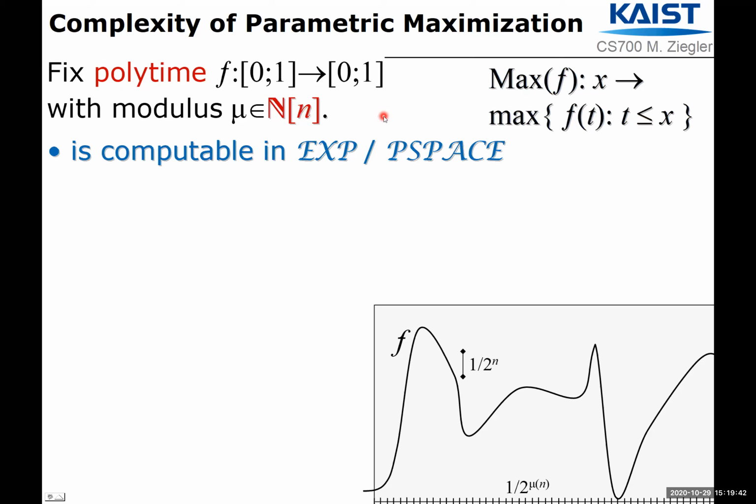So this is happening here. And then we know that on each of these smaller subintervals of the domain, the function value varies by no more than 2 to the minus n. That's the whole point of having a modulus. So we can calculate the value of the function at some arbitrary point on each of these intervals, and then take the maximum of these finitely many values. And that will be an approximation to the maximum of the original function up to error 2 to the minus